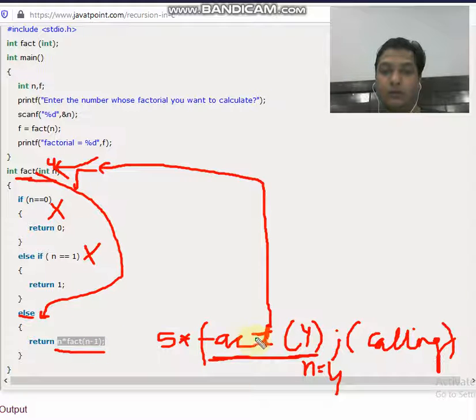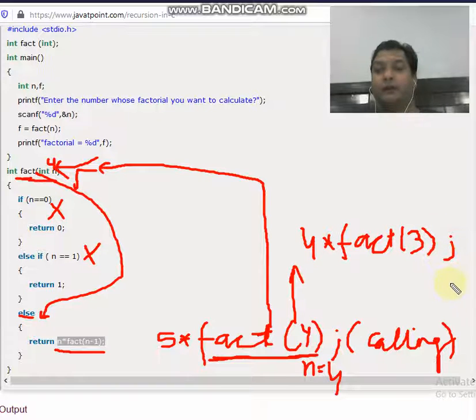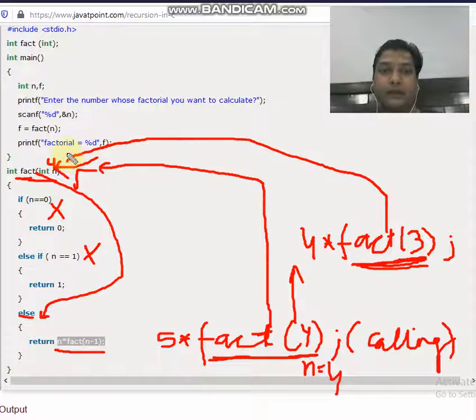So over here it is important what is happening: the fact 4 is getting converted into n, that is n becomes 4, and it is getting multiplied by 4 into fact n minus 1. So what becomes n minus 1? It again becomes 3. So the value of n becomes 3 now, not 4. So again this part is important, and it is again a function. So it is again taking you where? It is again taking you to the definition part.